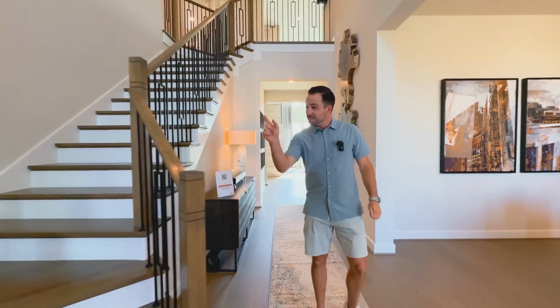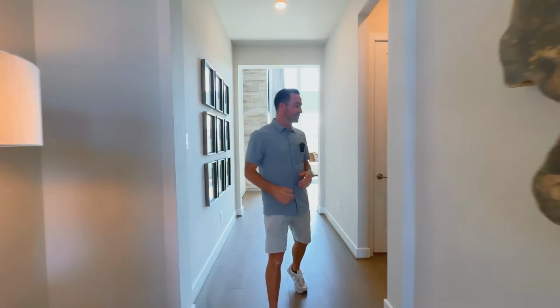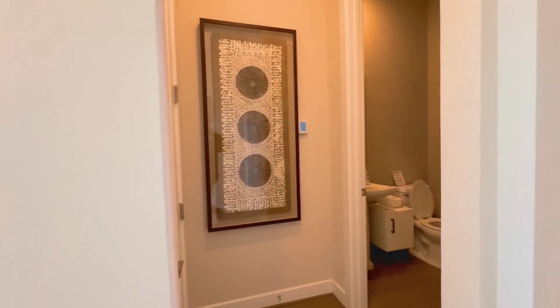This is that thing I was hinting about at the beginning of the video that I really truly haven't seen in many floor plans here in the Houston area. So you're gonna have to wait on that. Typically, you would expect that to be maybe like a home office up at the front of the house. That's what I thought when I was gonna open the doors, not the case. So as you walk in, you've got your half bath down over this way,